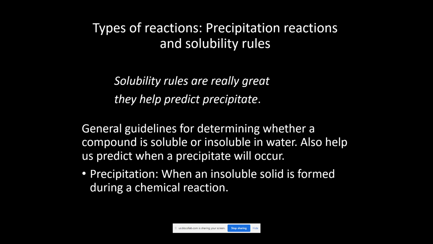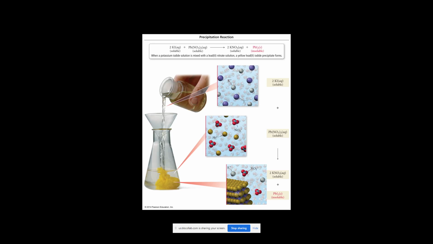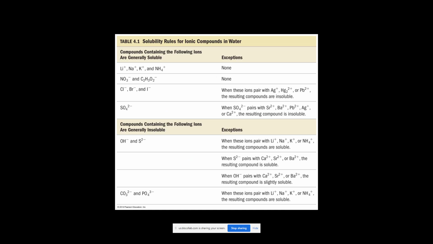Solubility was the next topic that we went over, and this is the idea of when you take 2 solutions that have 2 different ionic compounds in them, and you mix them together. Sometimes ions from one solution will find ions from another solution, and they will form an insoluble compound. It was talking about how you determine if an insoluble compound is formed, and how you write the equation for when that happens. The main thing that I'm looking for here is the ability to recognize, number one,